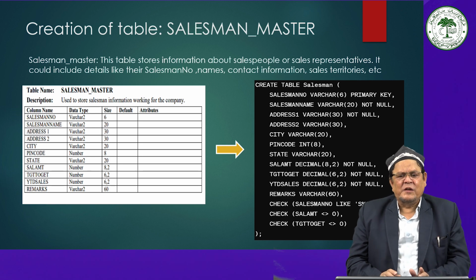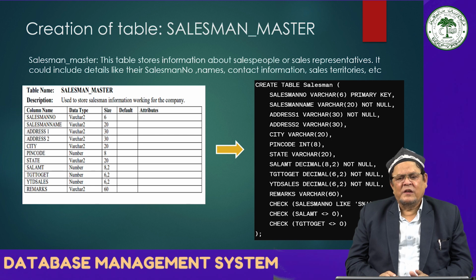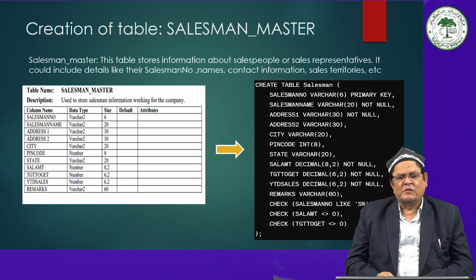And then salesman name varchar 20, and then he had defined not null. It means you have to put the value, otherwise this record will not be accepted till you enter the value. Address 1 varchar 30 not null. Address 2 varchar 20, if you do not define it, it means it will take not null. City varchar 20, pin code integer 20, state varchar 20, sale amount decimal within bracket 8,2 not null,